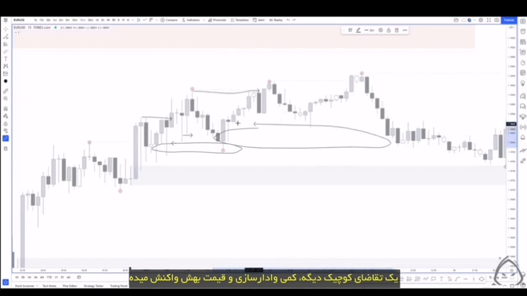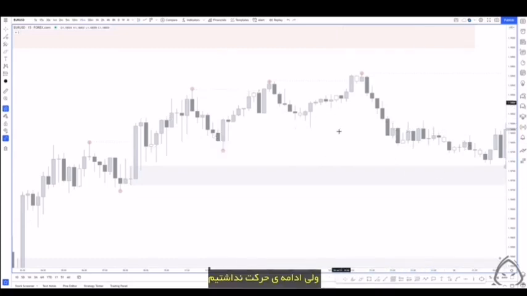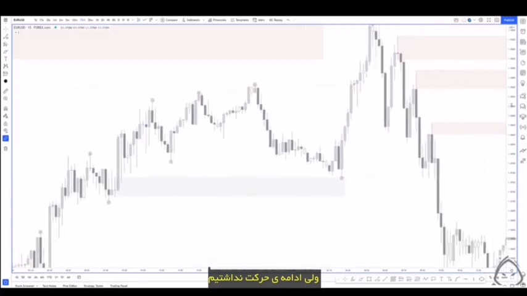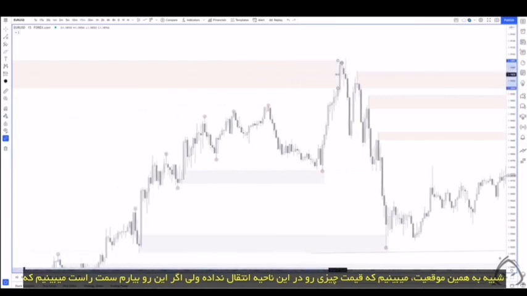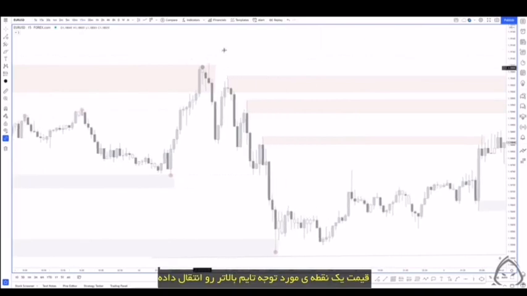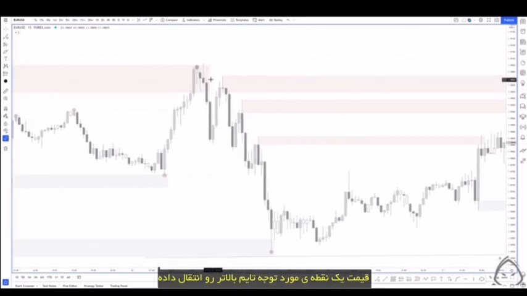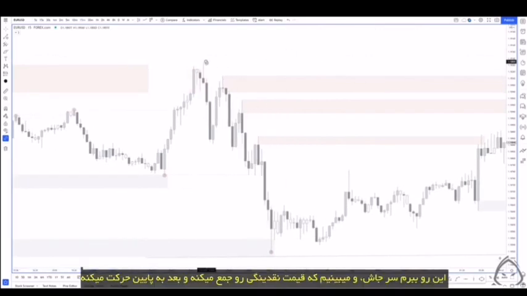We have a little bit more of a demand zone, some inducement, and then price does react off of it, but we don't see a follow through. Similar to this situation, we see that price hasn't actually mitigated anything in this area, but what we can see, if I just move this over, is that price mitigates a higher time frame point of interest. So I'll just move this back over one more time, move that right there, and what we can see is